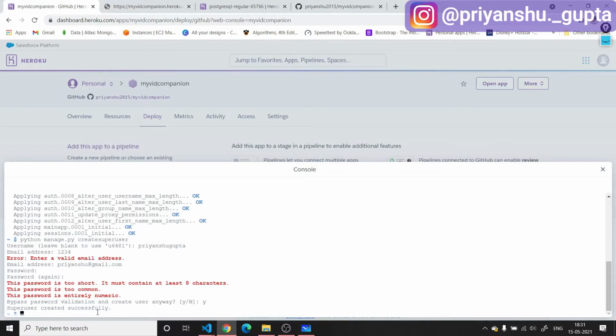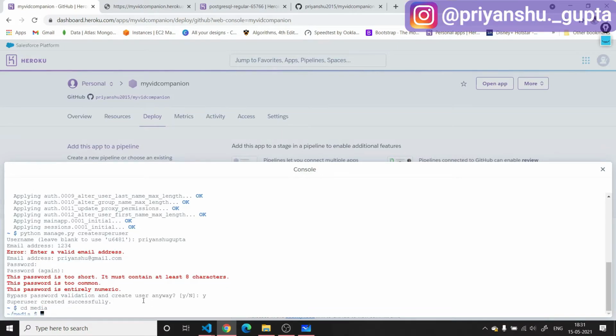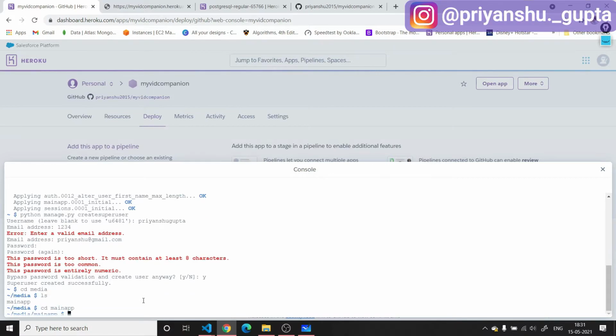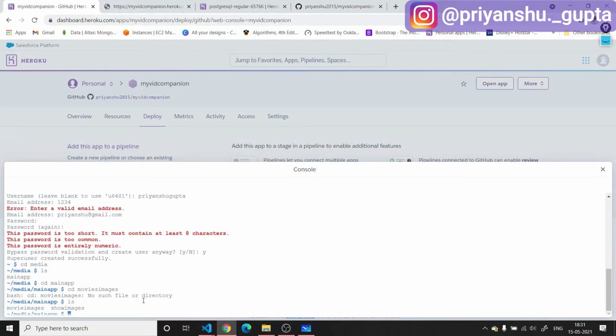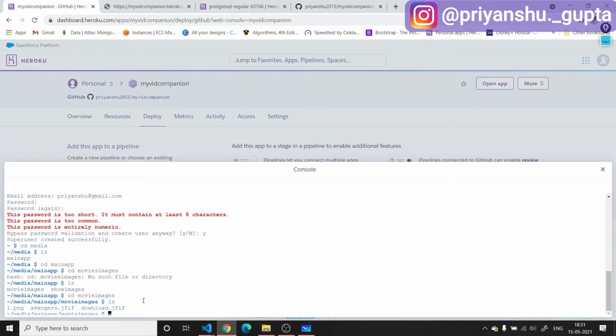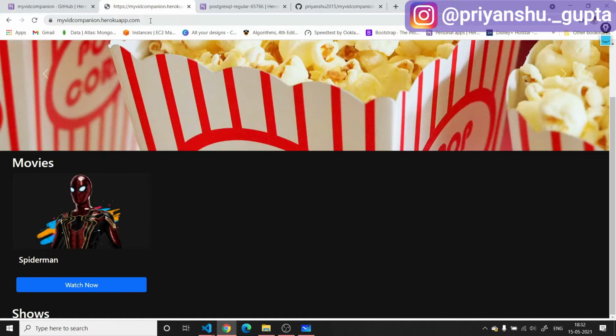So now if I go here and move to cd media, and ls, okay, cd main app, cd movie images, okay, ls, it's movie images, and ls, then you can see that currently one image is coming over here, that is 1.png.